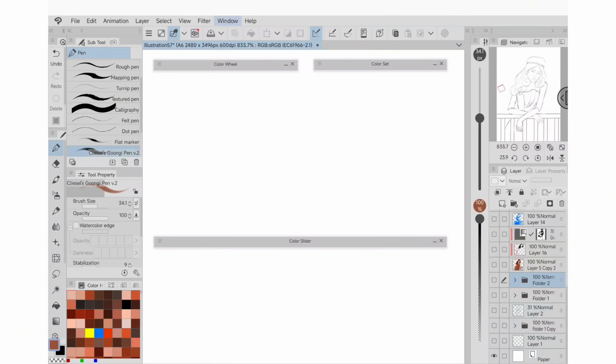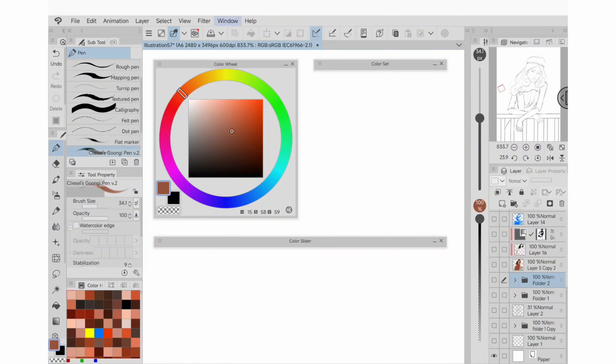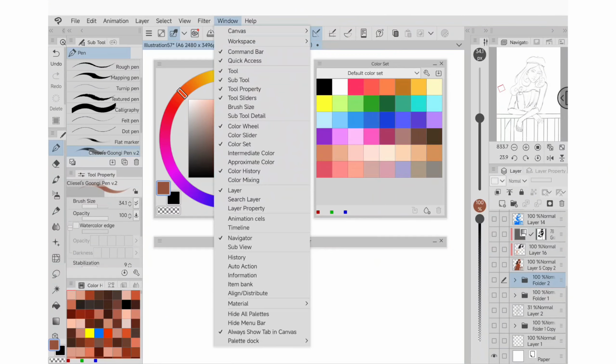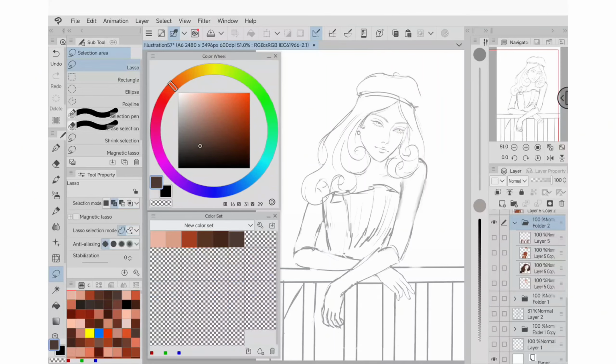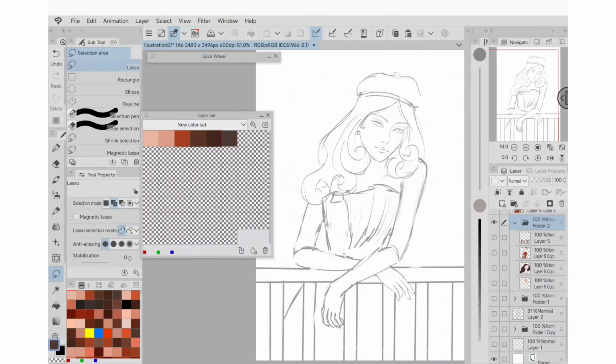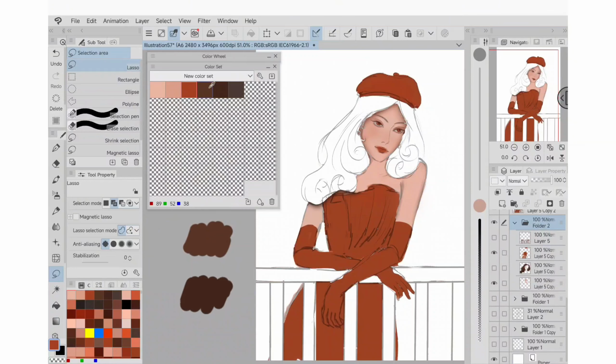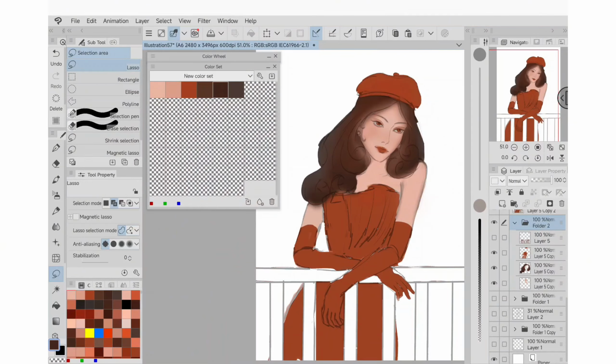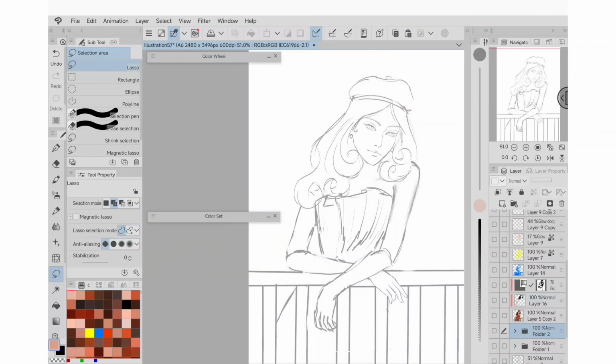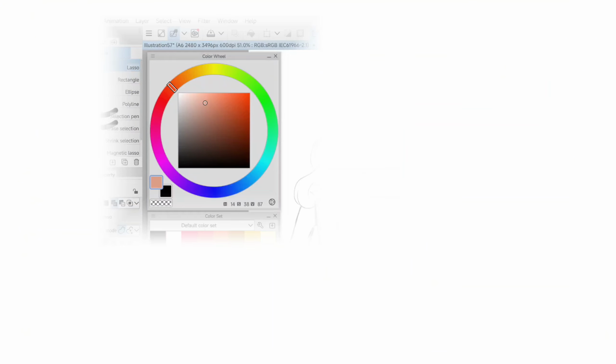In Clip Studio Paint, establishing a base hue and all of its variations is made easier through several dedicated color tools. Using a color set allows you to assign and reuse colors without losing consistency. This is especially helpful when working on cel-shaded drawings or when laying down flat colors for different elements of an illustration. Instead of repeatedly picking new colors and risking small shifts, you can store your chosen shades and reuse them throughout the piece. To use this, simply select a color from the color wheel and click